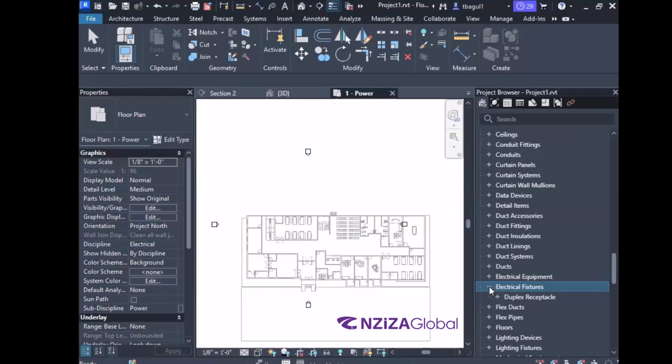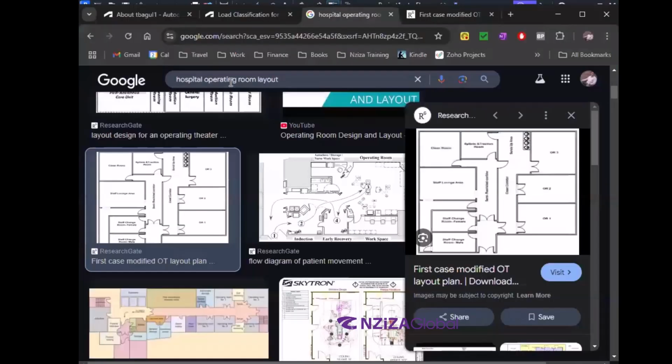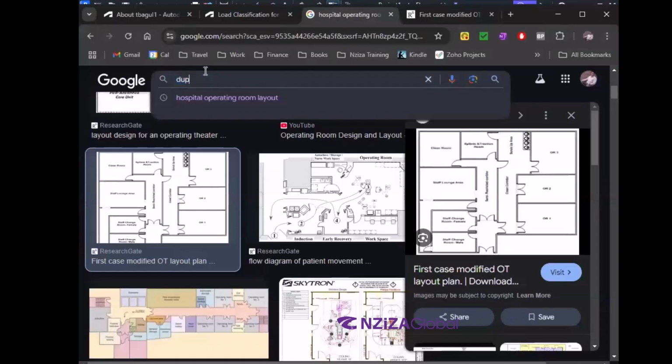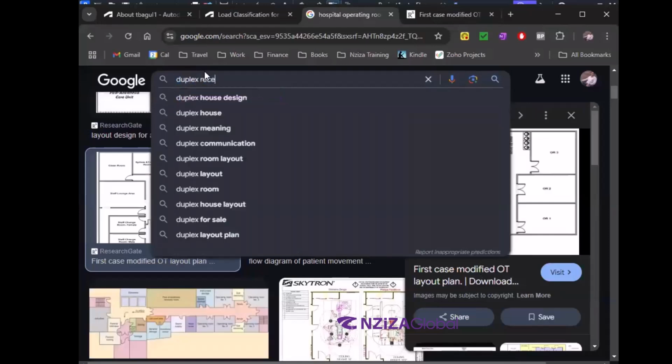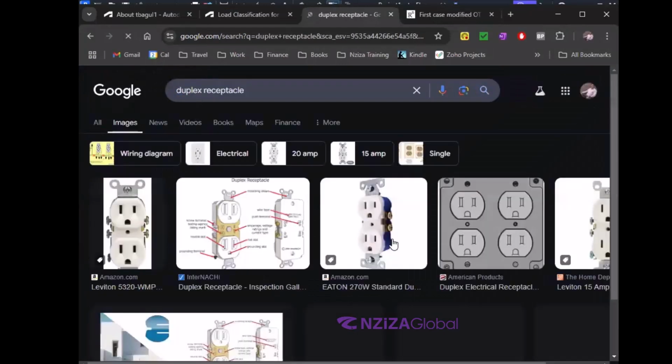Both of those plans you will not be able to see. Okay, coming back over here, in the families you have the electrical fixtures, and in the electrical fixtures you have the duplex fixtures, right? Now this is something that I've not seen in a lot of other areas of the world,